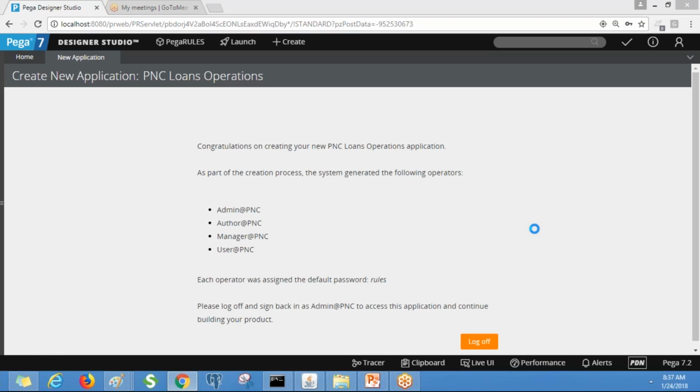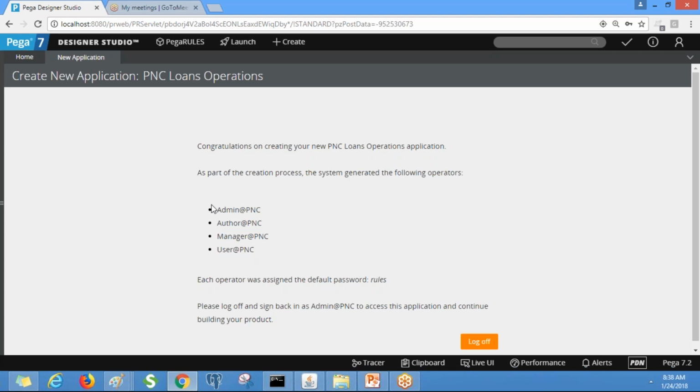See, as part of the creation process, the system generated the following operators. These are the different operators who belong to the PNC application. Each operator was assigned the default password rules.